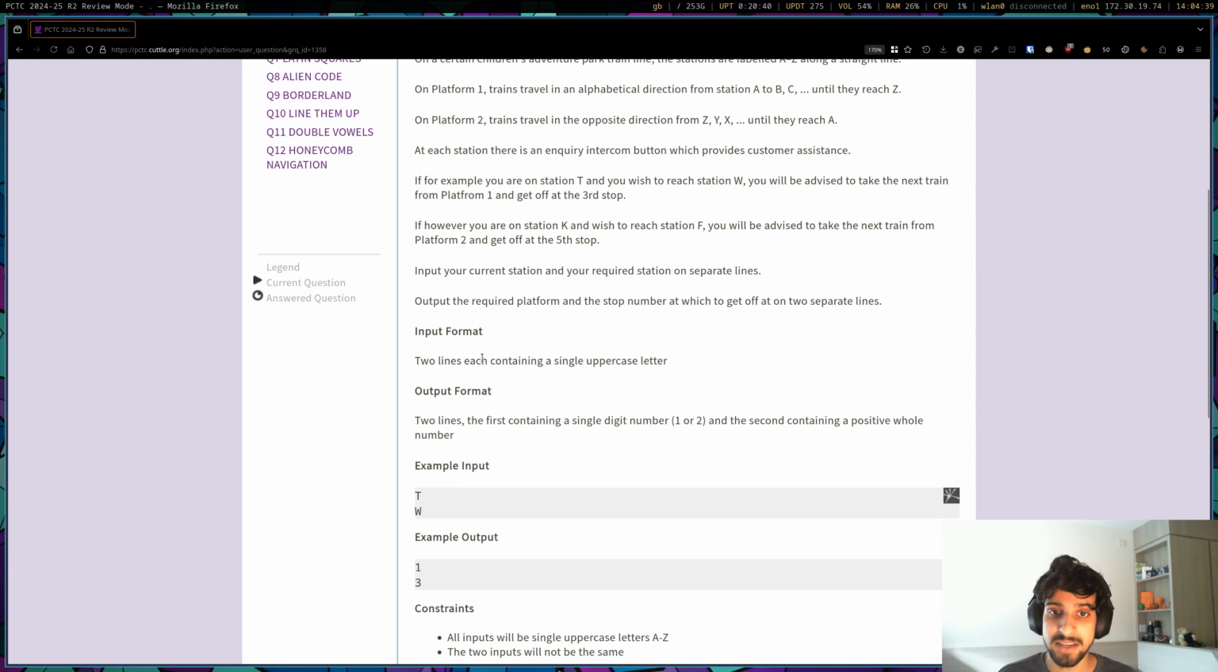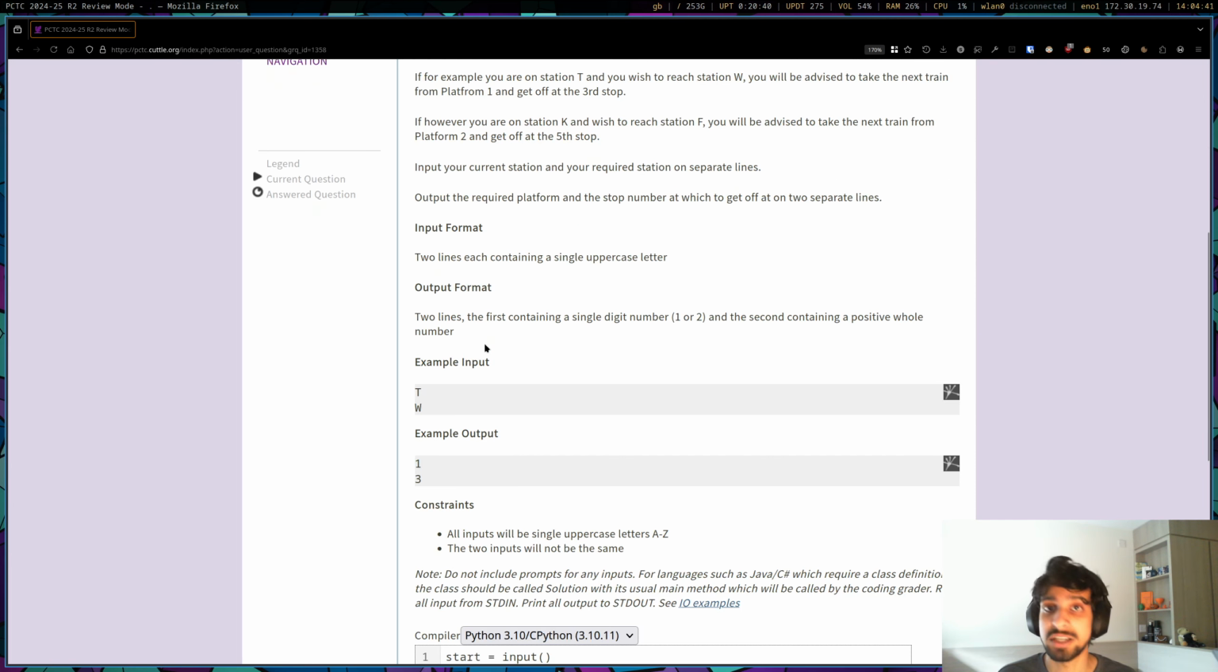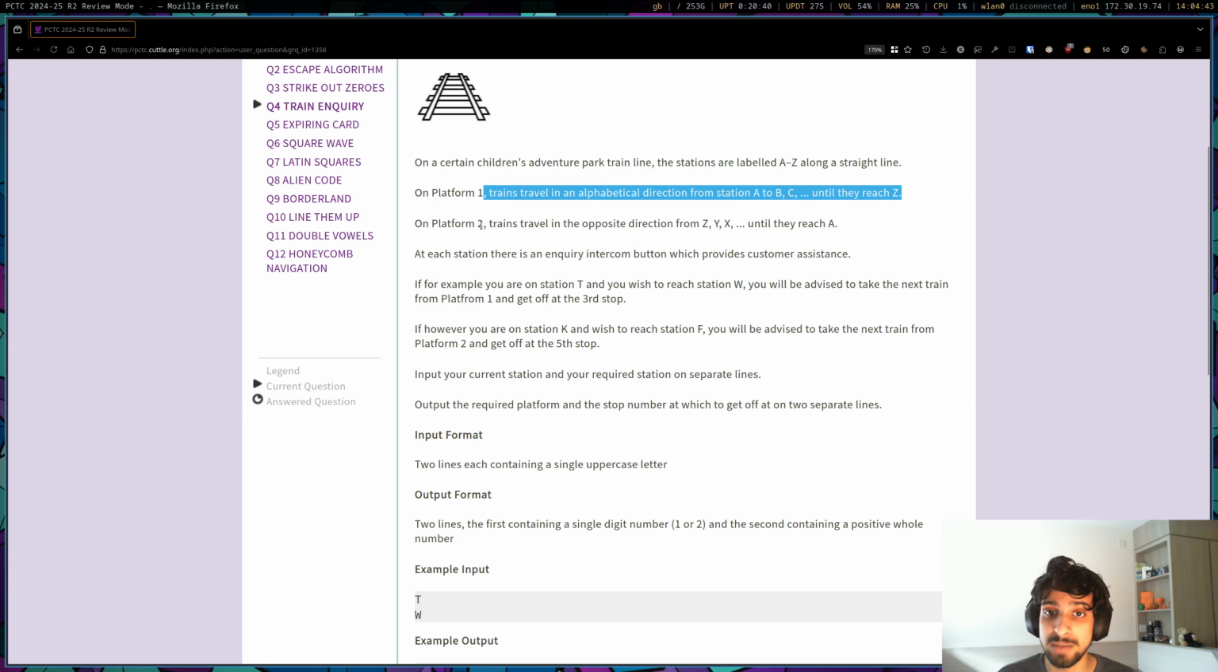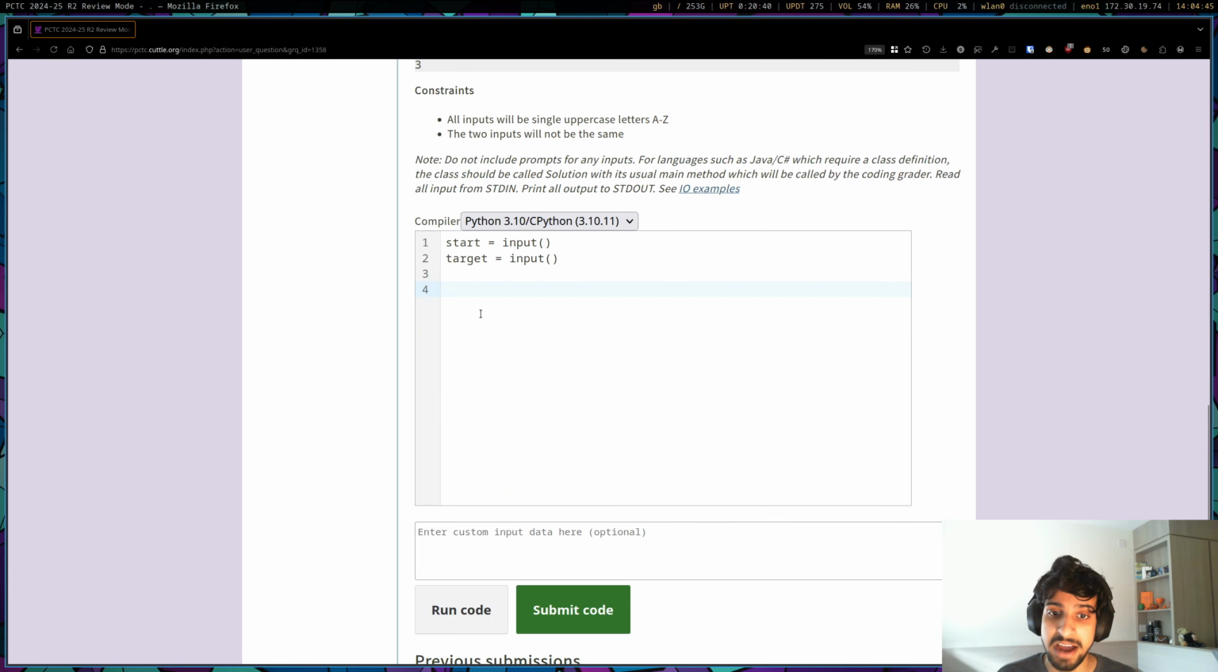Okay, so now the first thing I guess is to figure out which direction we're going in. Are we going on platform 1 or platform 2? Are we going left or are we going right? And this is easy enough because in Python you can actually compare two strings, or I guess two letters, two characters together. Because if you think about it,